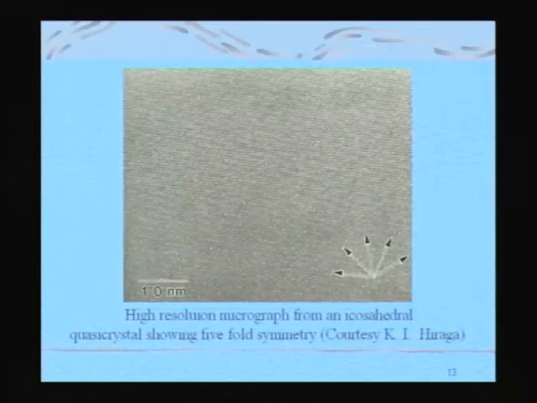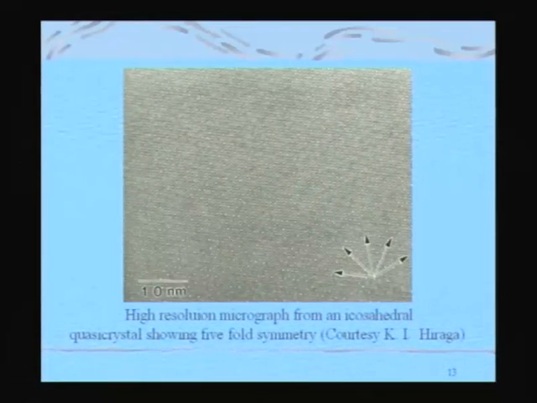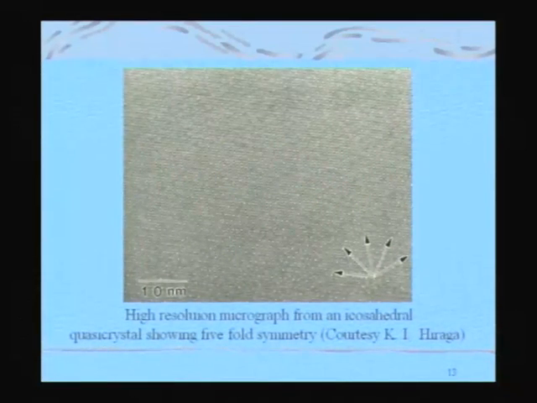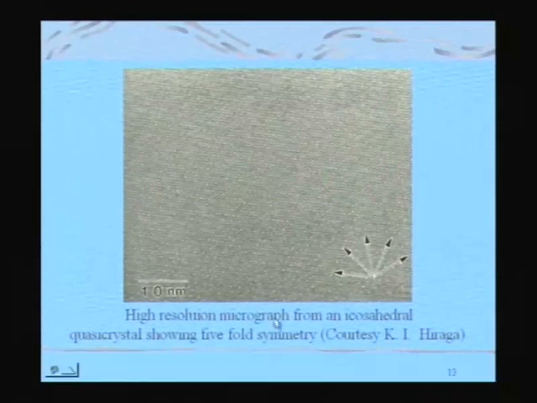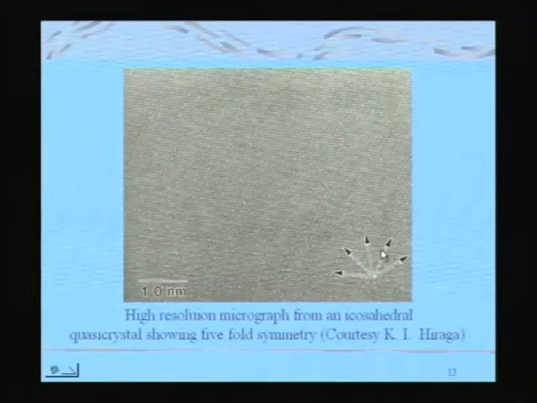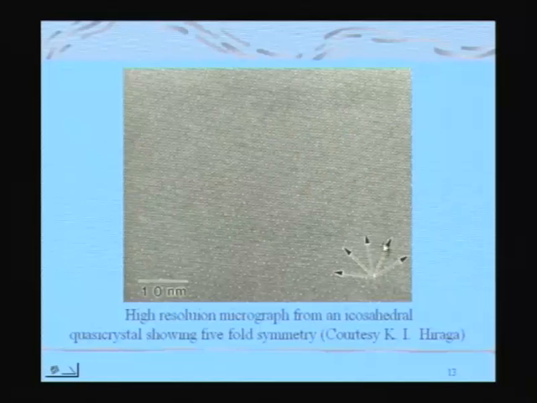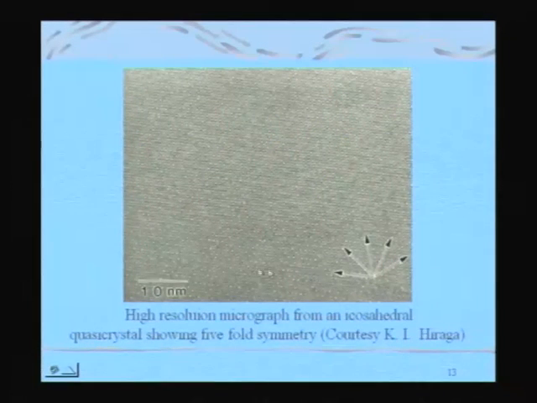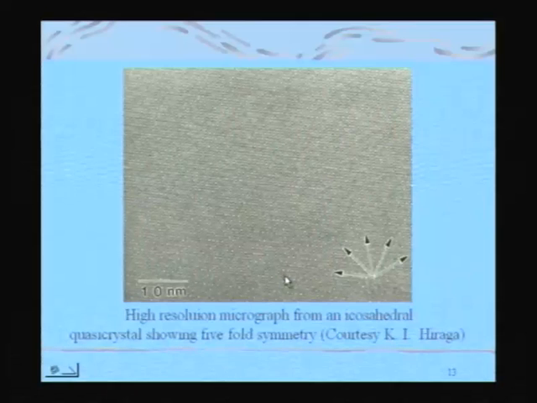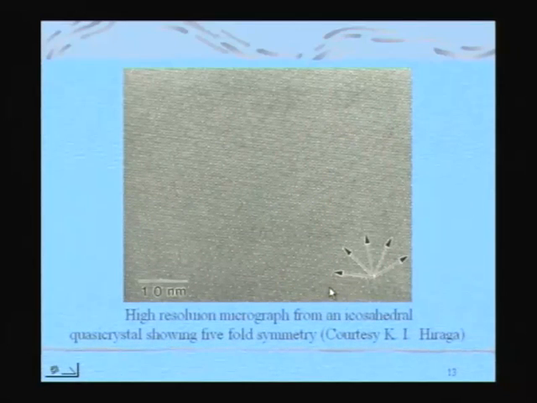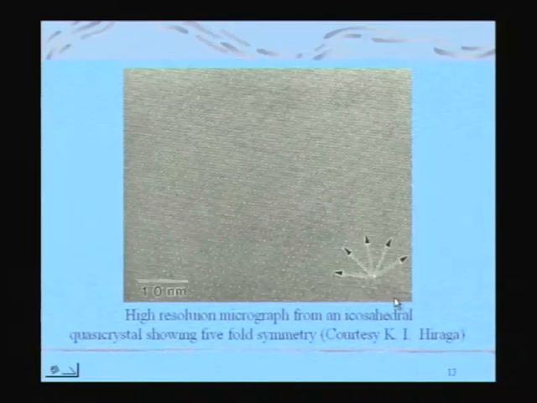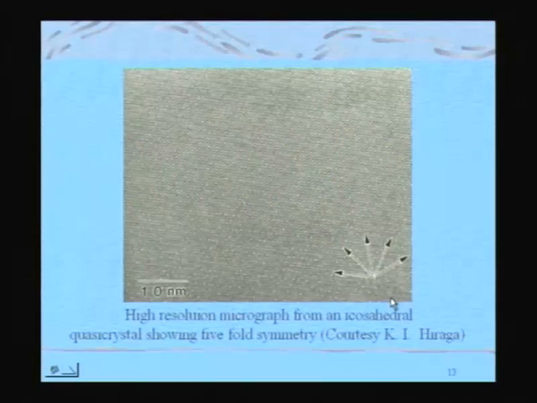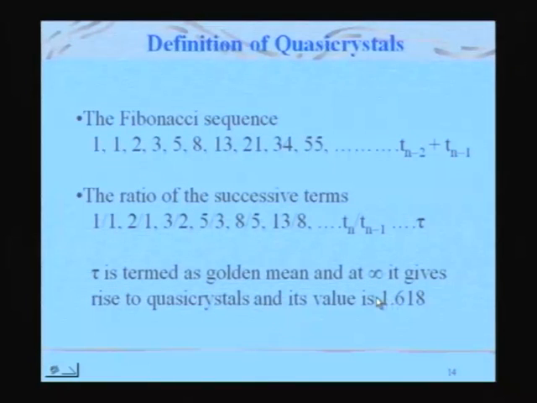Okay. This is the high resolution image from a quasicrystal. You can see these directions which are marked here, which clearly show you the atomic planes. Each white dot that you are seeing is nothing but an atom, and the 5 directions indicate the 5-fold symmetry in that. And if you look at the basis of this quasicrystallography,